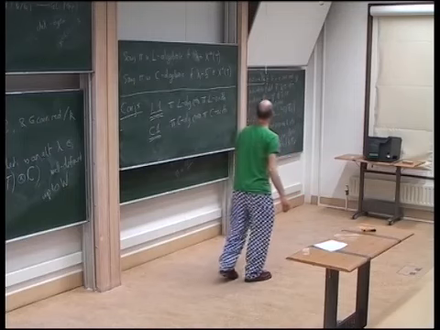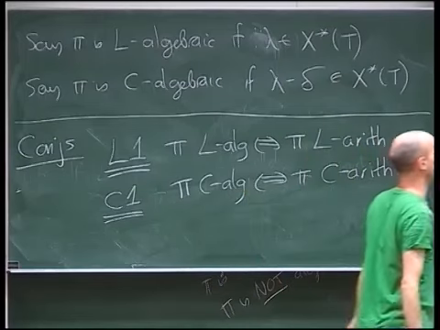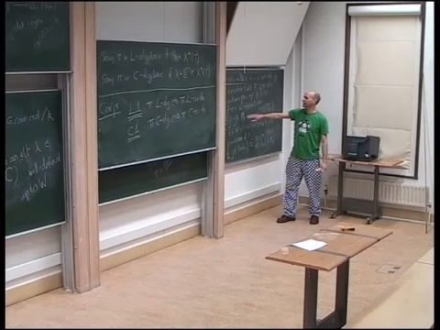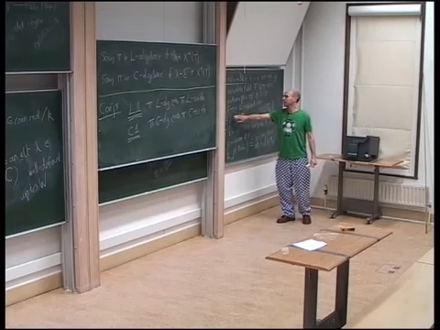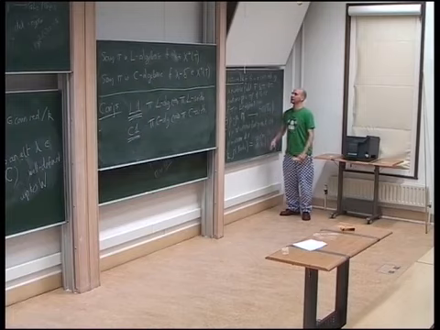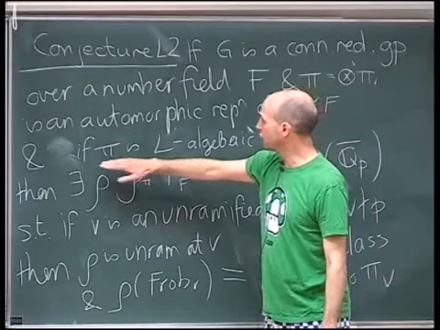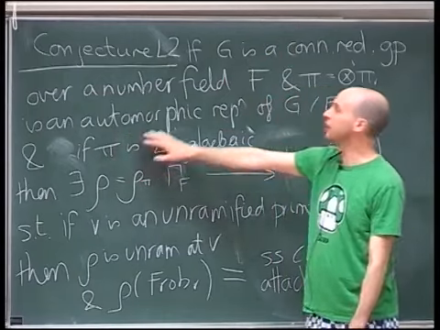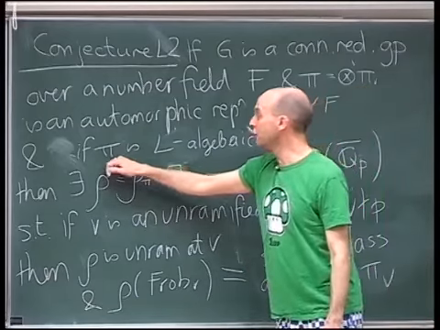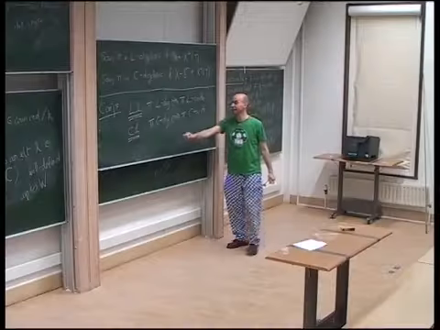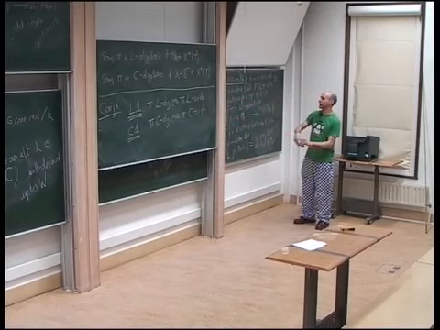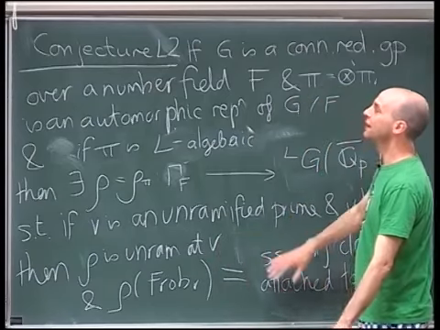But unfortunately, there's no conjecture C2 on the board. And that's bad because when could you hope to prove something? You've got an automorphic representation; when can you hope to attach any kind of Galois object to it? When it's cohomological. When G has Shimura varieties, and if pi is cohomological, then you can attempt to realize rho within the cohomology of a Shimura variety. And cohomological representations are going to be C-algebraic, and they're not L-algebraic. And so Clozel gets around this by renormalizing local Langlands, but you can't do that in